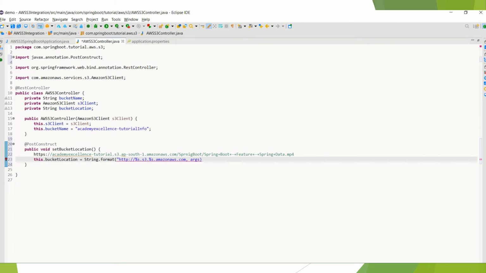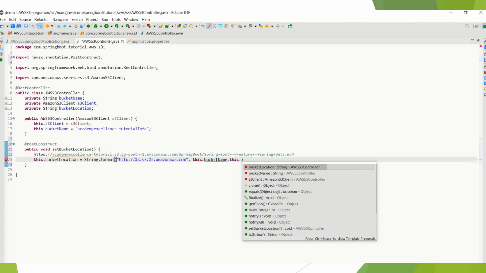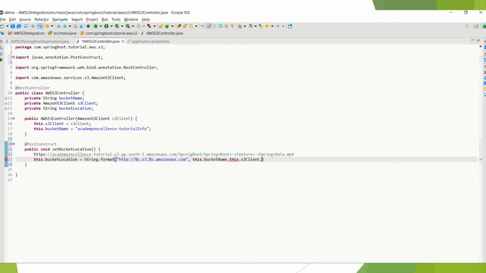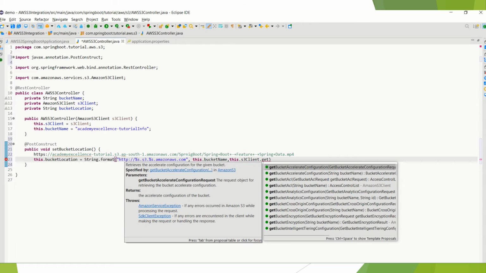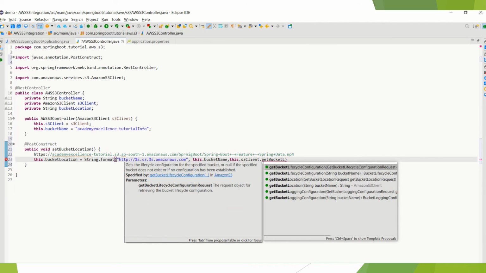Here the first argument is this.bucketName, and the second is this.s3Client.getBucketLocation, which will give you the corresponding bucket location.